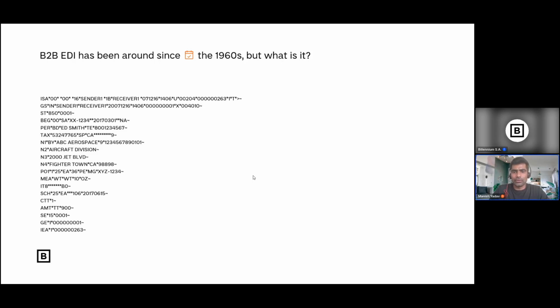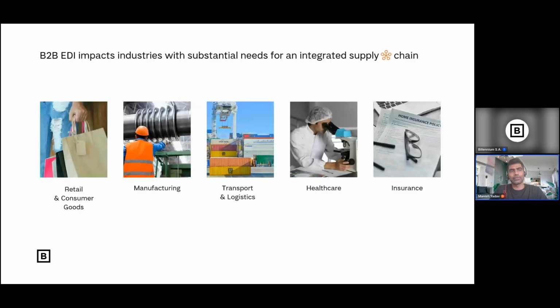Okay, so I'll take another question in a bit. Going further, this is how EDI impacts the industry. If you see, EDI is not only limited to retailers or consumer goods. It's also manufacturing, transport, logistics, healthcare, and insurance. There are multiple companies in the market who are dealing with EDI.